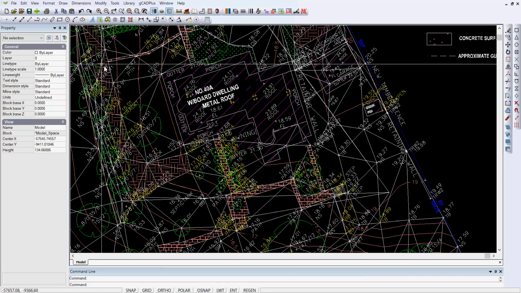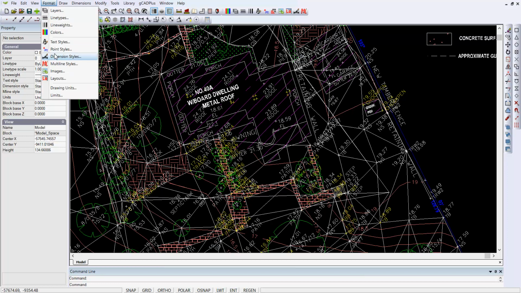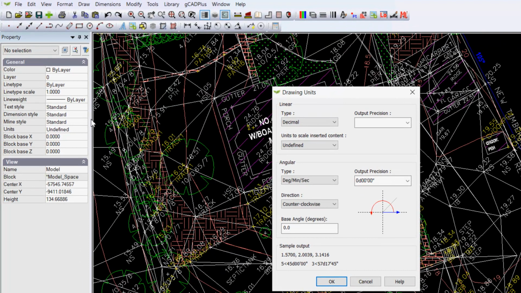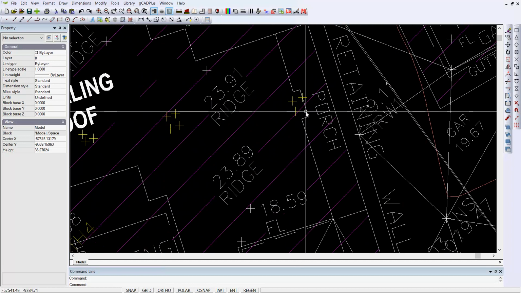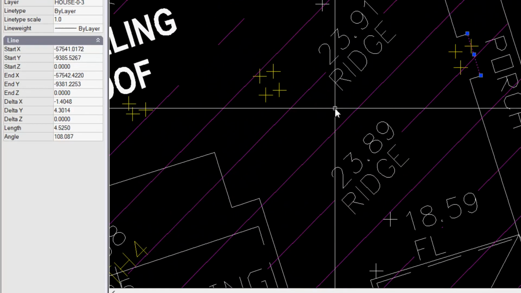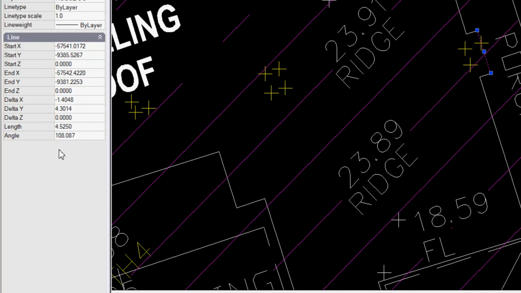So let's go to Format and go to Drawing Units, and we'll just check our linear units are decimal, our angular are degrees, minutes and seconds, so we'll move those back to decimal degrees. The output precision we can leave as is, so we can just OK that. Now when we go back into that porch, and we can pick it, and now we get length 4.52 and